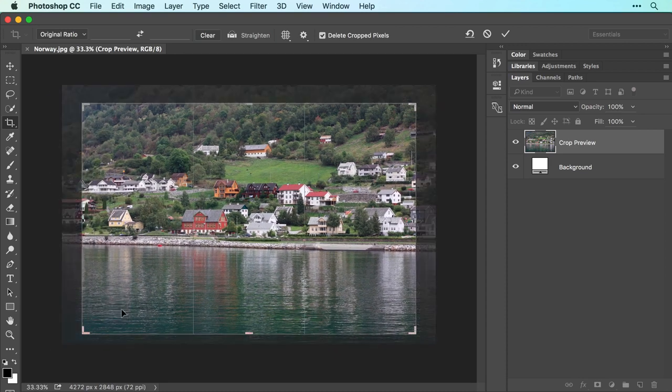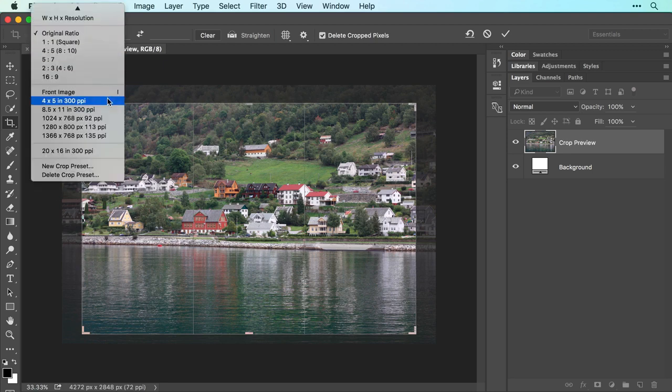If you want to crop your photo to particular dimensions rather than ratios, you can choose from this section of the menu, which includes options in inches for print and options in pixels for online use. If the menu doesn't include the values you want, you can enter them in the boxes to the right of